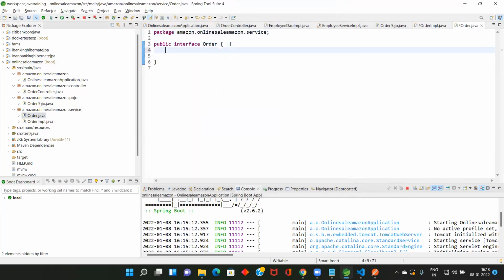In this, getOrder. What is the return type of getOrder? String. Get order, save order.